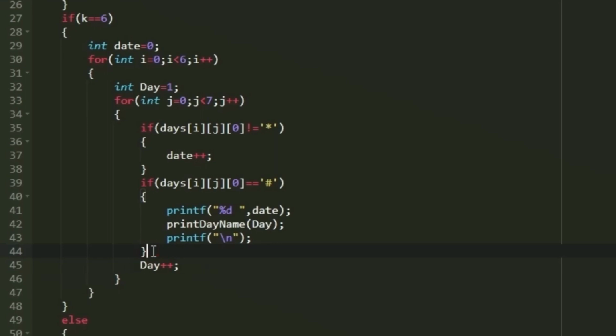So first we have to increment day. So I am setting day++. And then there are three possibilities. Either it can be a number which represents the date, or it can be an asterisk, or it can be a hash symbol. So if it is an asterisk, then it means it is an empty space. So only when the character is not equal to asterisk, it is a valid date. So only in those cases we are incrementing the value of date. So here I am checking whether the character at the index i, j, 0th index, is an asterisk or not. So only when it is not equal to asterisk, we are incrementing the date,